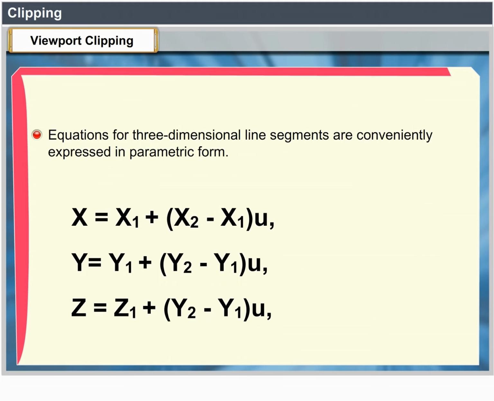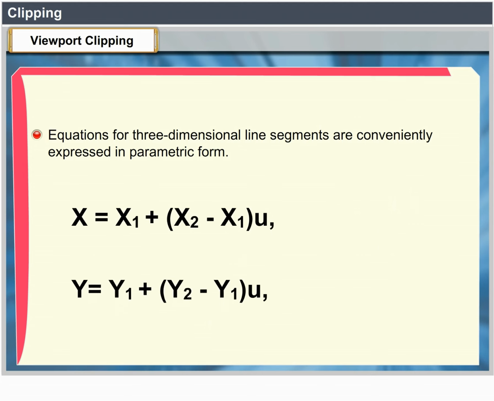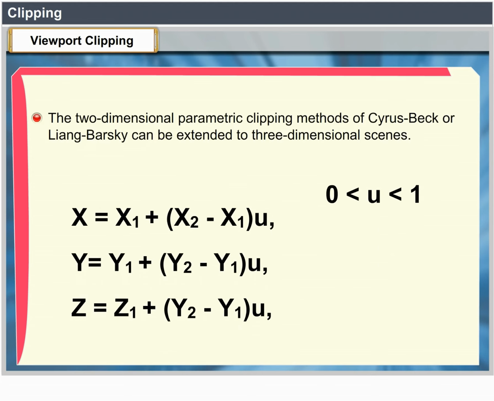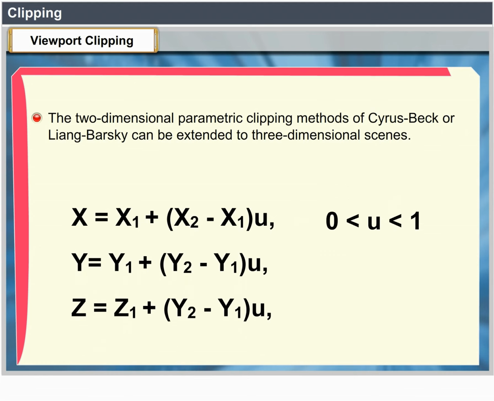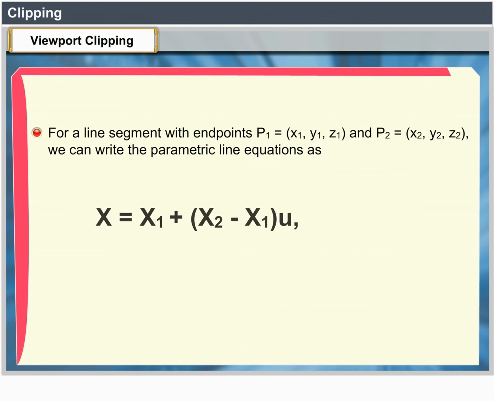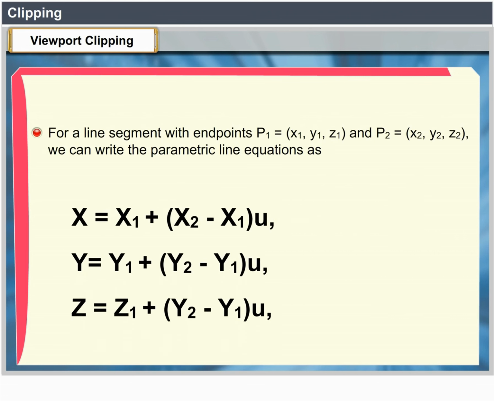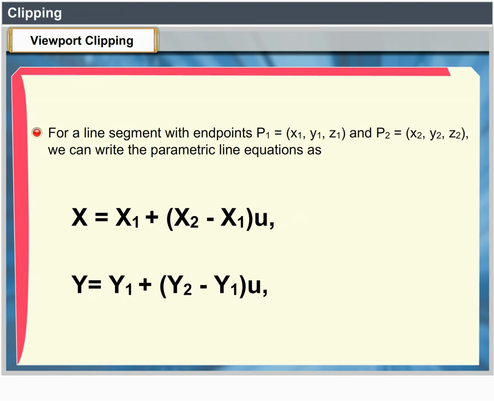Equations for three-dimensional line segments are conveniently expressed in parametric form. The two-dimensional parametric clipping methods of Cyrus-Beck or Liang-Barsky can be extended to three-dimensional scenes. For a line segment with endpoints P1 equals (x1, y1, z1) and P2 equals (x2, y2, z2), we can write